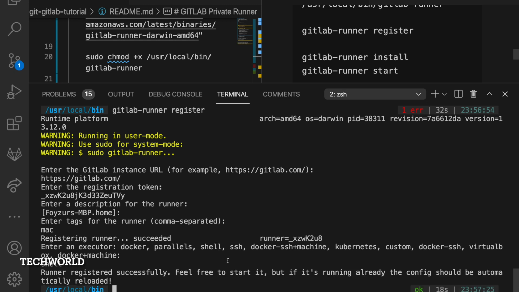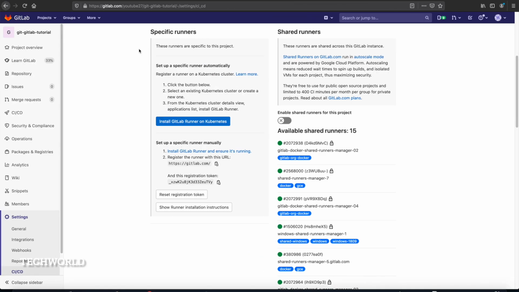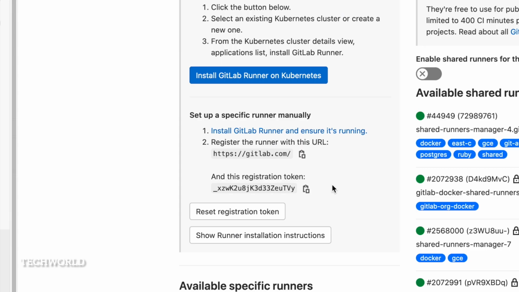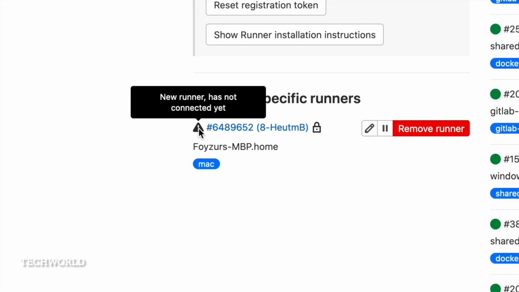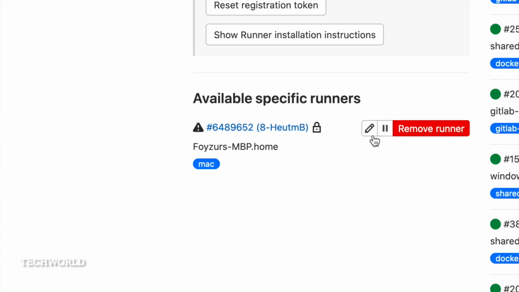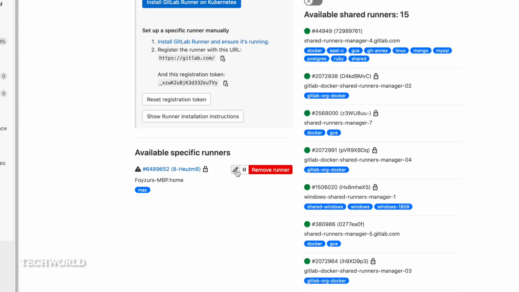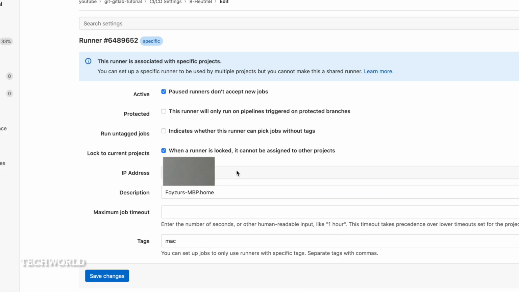In the GitLab instance URL, we pass in the gitlab.com address and then the registration token. That's what we need to pass in to authenticate. In the next step, we need to pass in the tag name. The tag determines which runner the job will be executed on. And then we have the executor, which is very important. Here we are telling whether we want a shell executor, a Docker executor, or a Docker machine executor. In this case we choose shell executor.